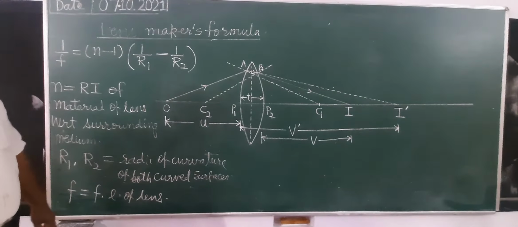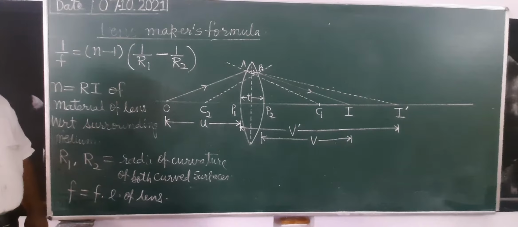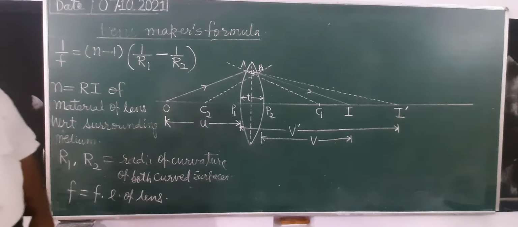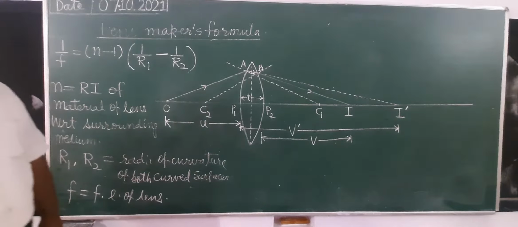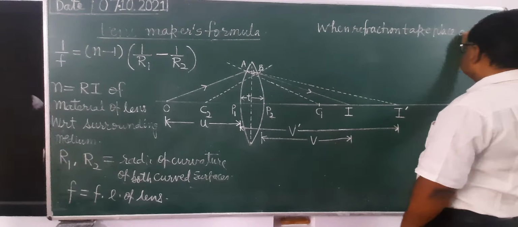Here the distances of object and image are shown. And here we will assume that the thickness of the lens is small. When refraction takes place at the left refracting surface,